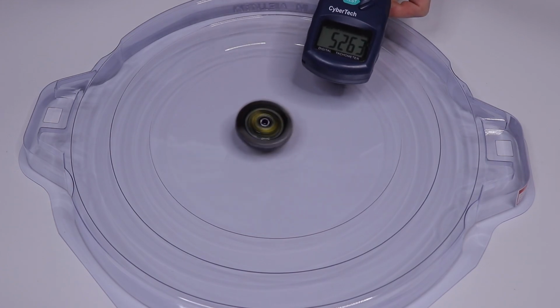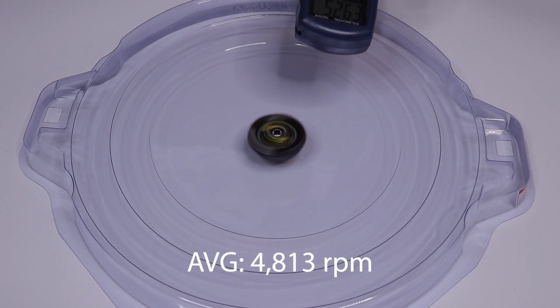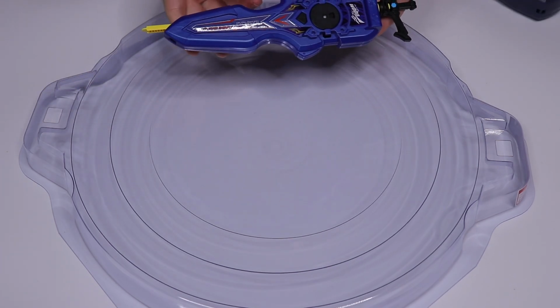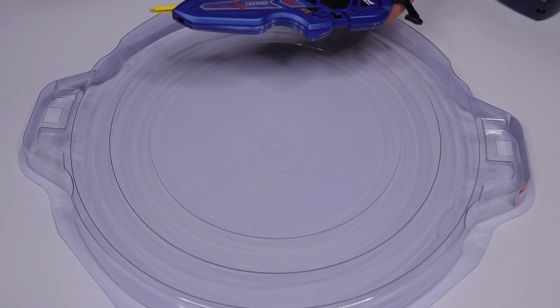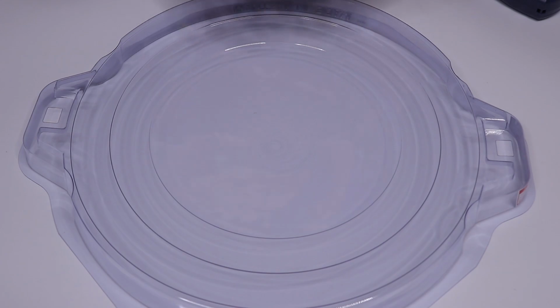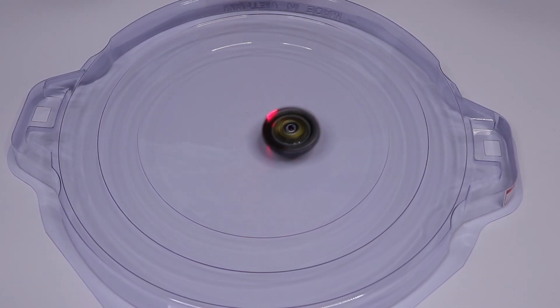Five, 2, 6, 3. All right, not too bad. Probably one of the lowest so far though. Next up is the digital sword launcher. This thing is so strong that it usually makes the Beyblade go crazy because it's so powerful. Whoa, all right. It's really hard to get the